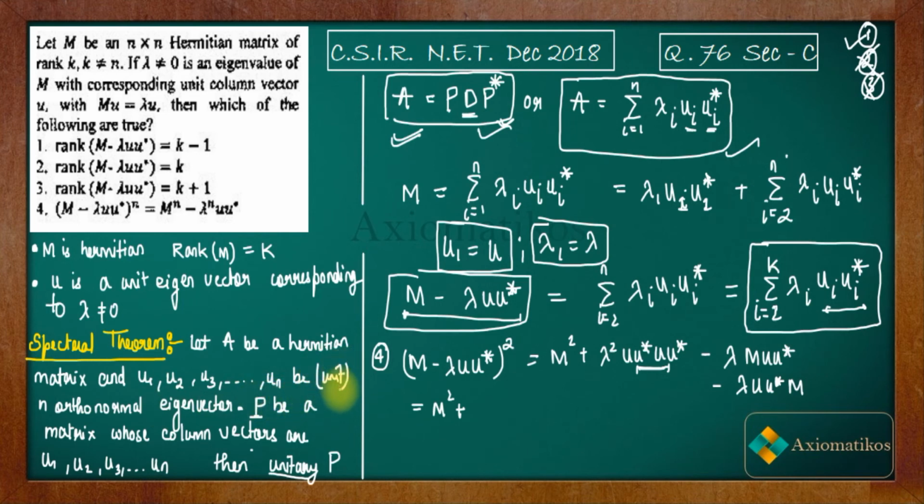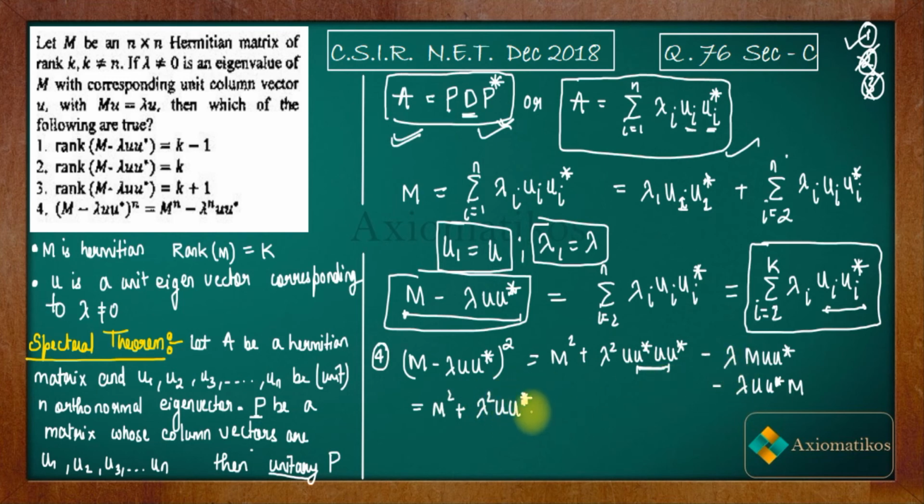All right, in the theorem, they are also unit vectors. In the problem it was also given that u is a unit vector. Unit vector means its norm is 1. So this thing represents the norm of u, and from the theorem, or you can say from the statement, its norm is 1. So this thing will be 1. What you will get is lambda square uu star.